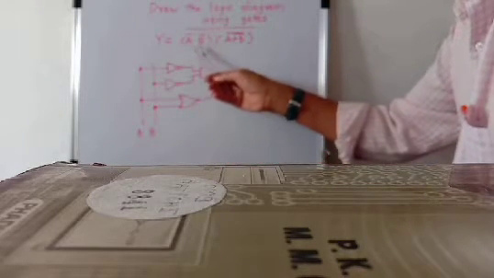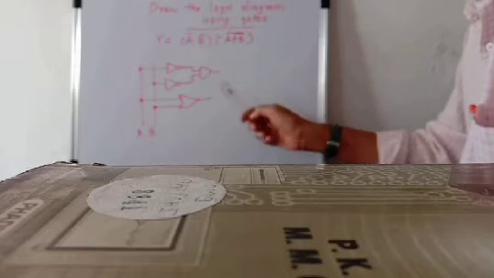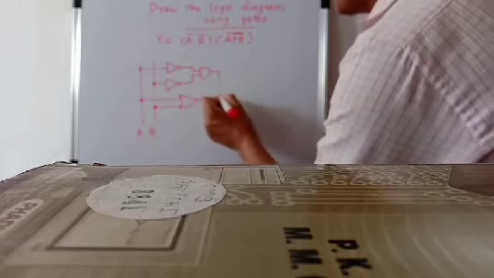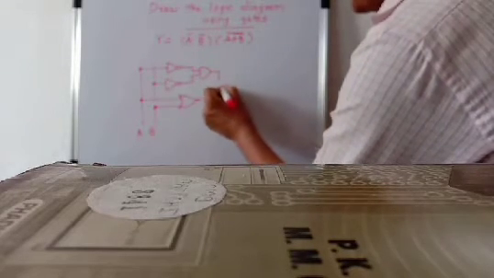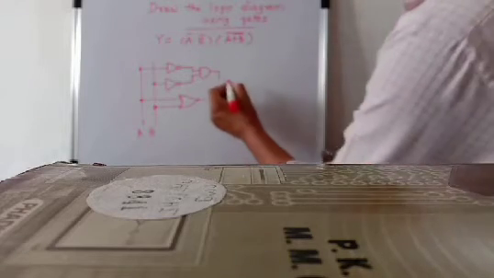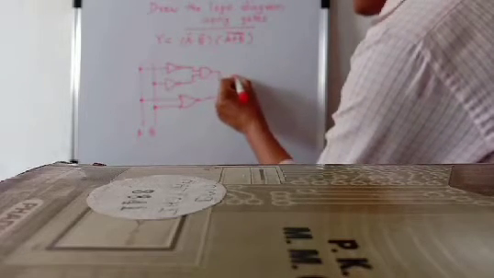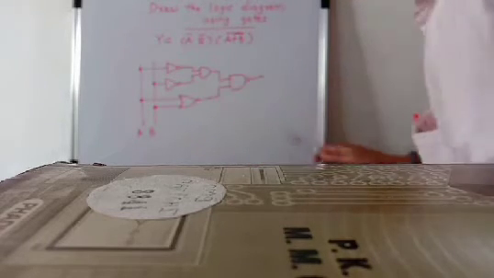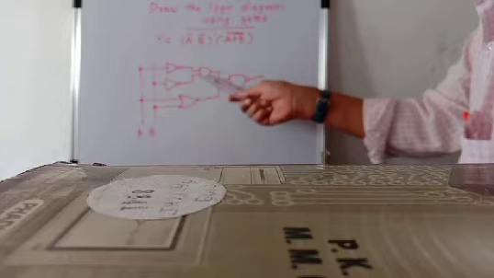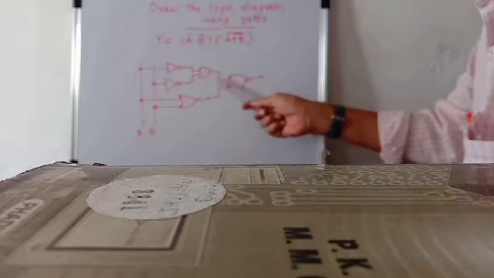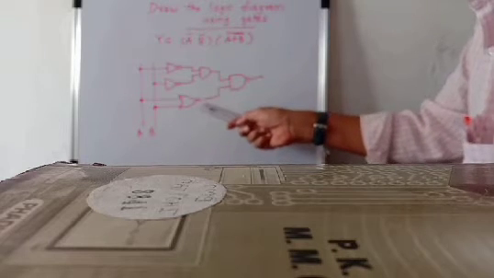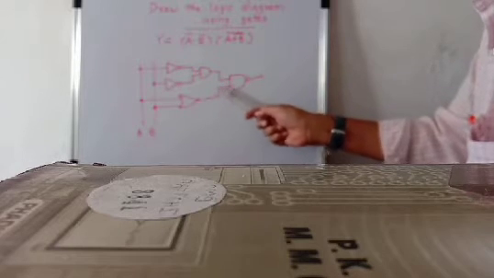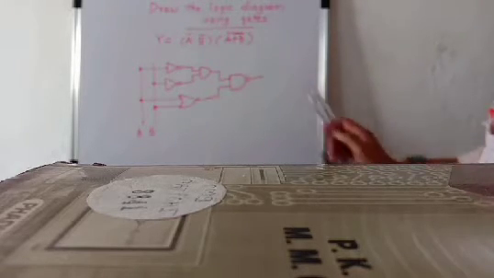Now A bar into B bar into A bar plus B bar. So here we require one NAND gate, because again there is a whole bar. We have to connect one NAND gate, because the output of this AND gate is A bar into B bar, and the output of the NOR gate is A bar plus B bar. So A bar into B bar into A bar plus B bar and whole bar, so a NAND gate is required.